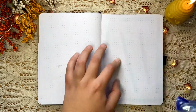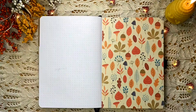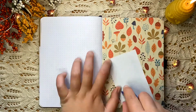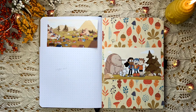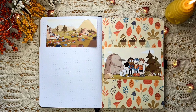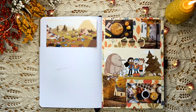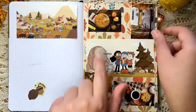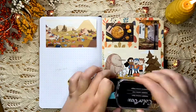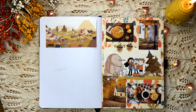As always, we're starting with the cover page, and my theme for November of this year is a Netflix show called Hilda. If you haven't heard of it, it is an animated series. It is based off a comic book series, and it's about this girl named Hilda and her two best friends and her mom, and they live in this town. I think it's supposed to be like Great Britain or whatever, but it's a made-up town called Trollberg, and